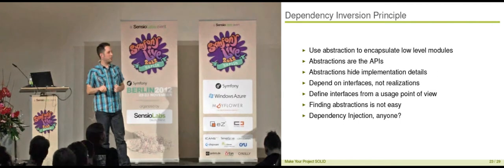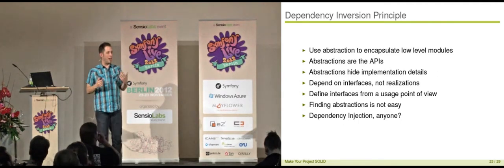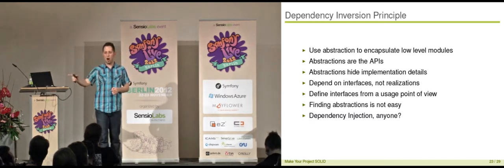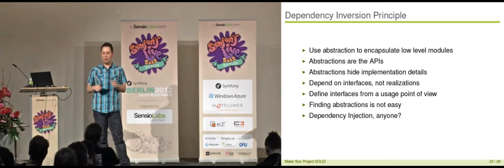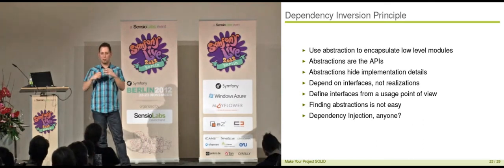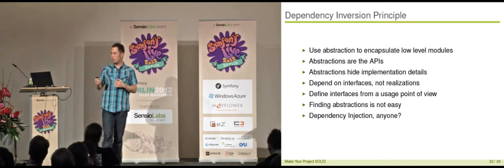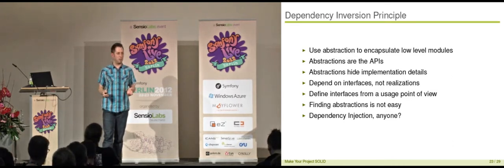Again, summarized, abstractions need to hide the implementations, need to hide the complexity. You should depend on interfaces and never on realizations. Never have in mind, "Oh, I already know how this will be implemented." Think about how you want to use something, how you want to use an abstract concept, and not how somebody else will ever implement that. If you do that, you cannot easily switch the implementation.